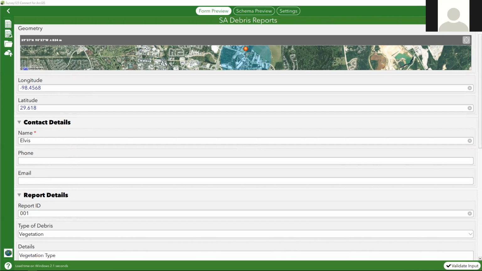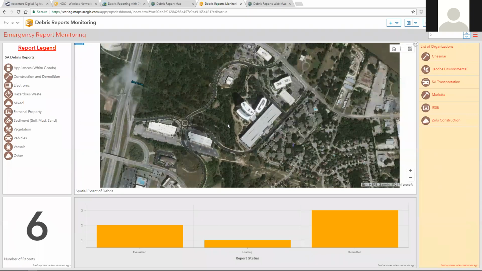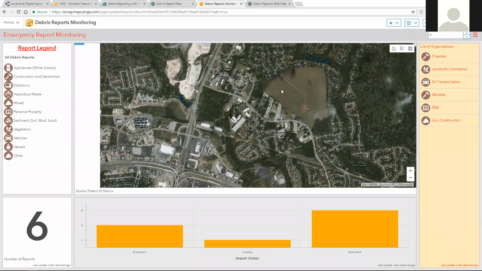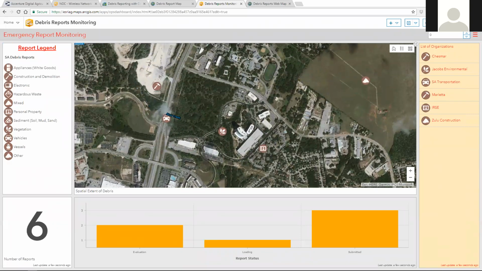So I'm going to switch over here to the dashboard view so you can see what I've got in store. In essence, I've taken the feature layer from Collector, the feature layer from Survey123, did a few more collections. There's the map that you saw me create initially. I basically embedded that into a dashboard. And so now as I collect additional